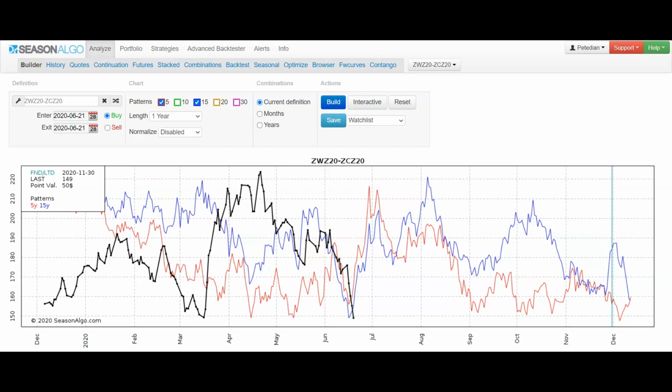The first chart, and I want to bring this up because I'm going to show you something on Season Algo in a bit, is that it can get risky the way you look at it. Here we have December wheat at a bottom support area against corn, and there's a chance that this can obviously move up. But what I've learned is if we don't look back further on these two, just like you would on charts, more stuff can come up. So you've got to work this a little bit deeper.